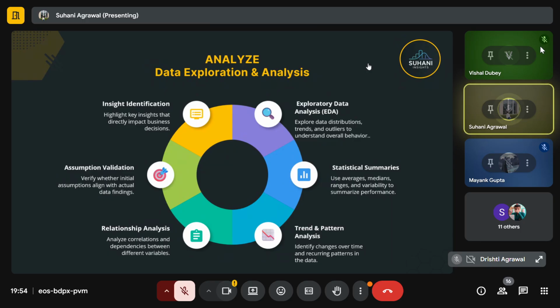For assumption validation, we verify whether the initial assumptions align with our actual data findings, like what we thought about at the start for the data and what our data findings are. Are they aligning or not? And the last is insight identification. In this, we highlight the key insights which directly impact our business growth. Okay, so next,